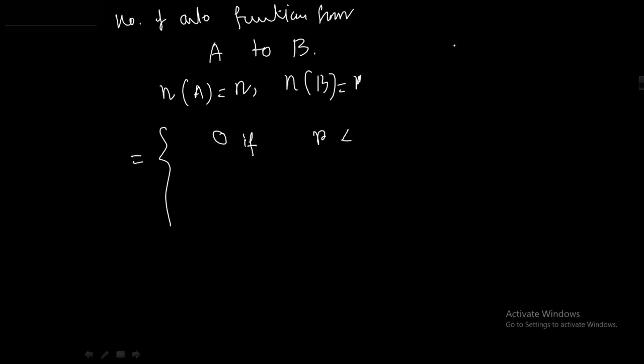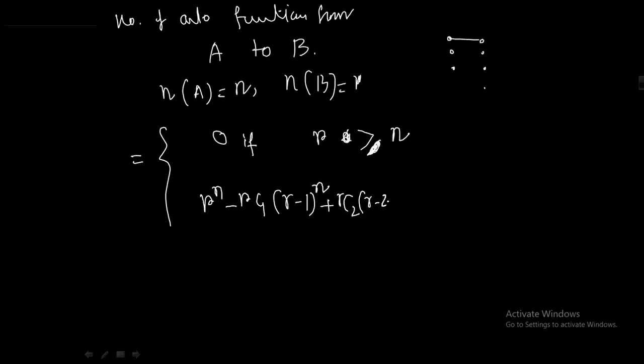যদি r less than n হয় তার মানে হচ্ছে 3 2 1 2 পসিবল, যদি এখানে বেড়ে যায় তাহলে পসিবল না। যদি r is greater than equal to n হয়, and this is r to the power n minus rc1 r minus 1 whole to the power n plus rc2 r minus 2 whole to the power n and so on, if r is less than n।